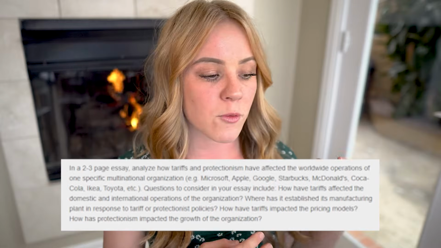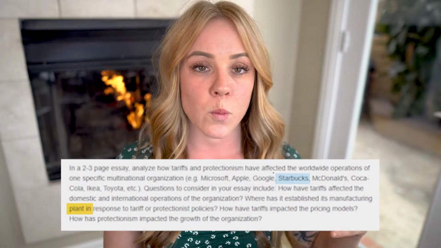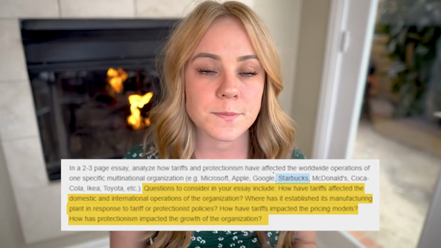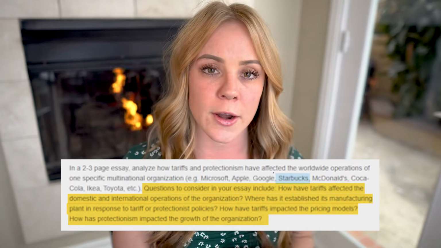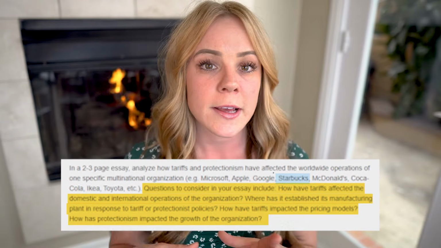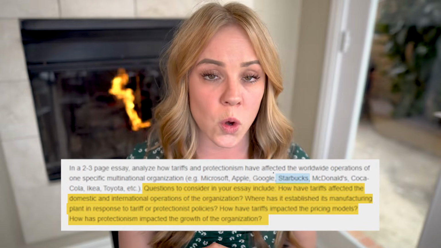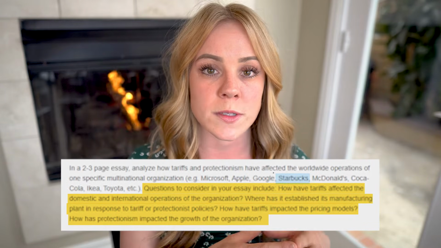All right, so let's say we're gonna write about Starbucks and we're gonna answer these questions pertaining to tariffs and protectionism. Great. Rather than just take to the internet and start looking for information to slowly plug into these questions, let's set some specific goals and let's start with those goals, fulfill them, and then work through the questions. That way, you now take charge and you're able to go to the internet and look for specific information without researching aimlessly. This is how you start getting away from that blind research.